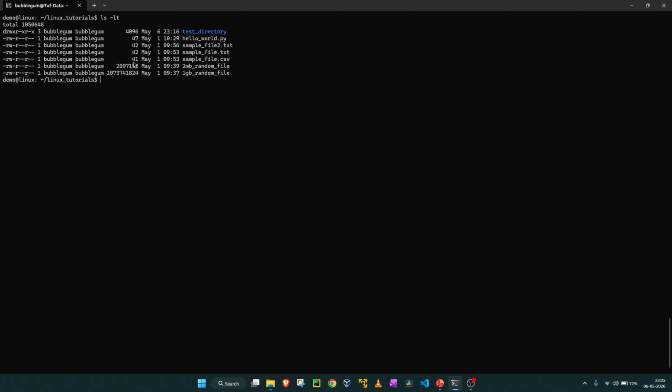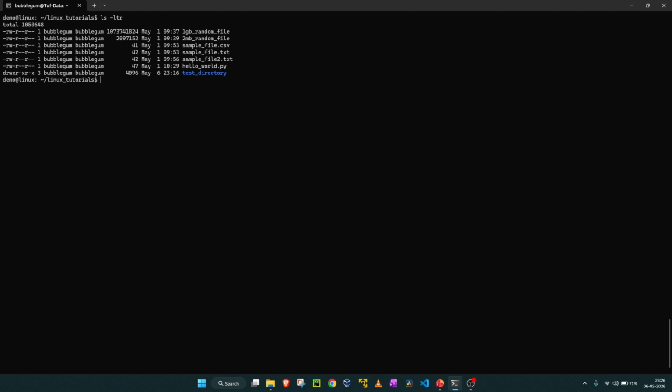Now suppose I want to find out what is the most recent one. Here we have got just a few files, right? But say in a production server, you might have thousands or 10,000 files. In this case, once you type this command ls -lt, the list of files or directories will not fit in a single window, right? So the most recent file will not even be visible to you. So in that case, you might have to use this